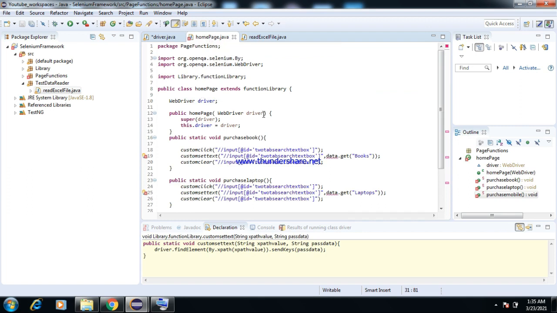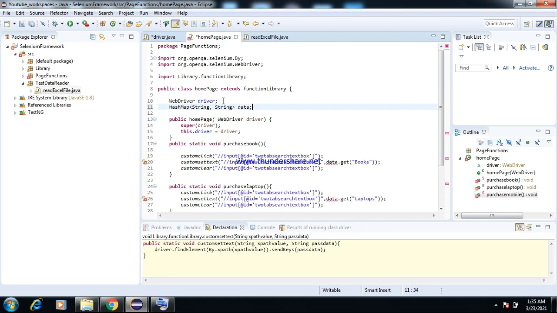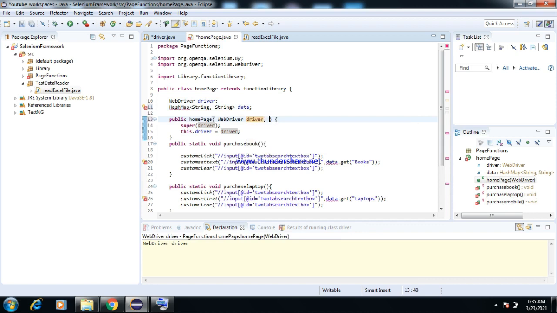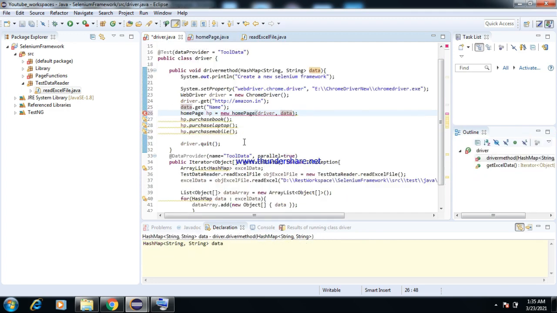I am declaring the particular data here in the home page, and I am adding it in the constructor also. So this home page constructor is having two parameters. Similarly, we have got the home page that has two parameters.